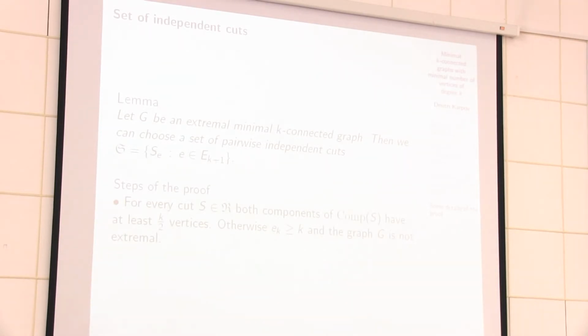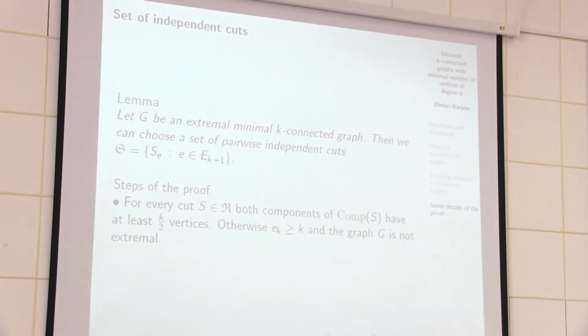Of course, there are minimal graphs which do not satisfy this condition, but then we can prove that the number of edges between the vertices of the cut is greater than k,